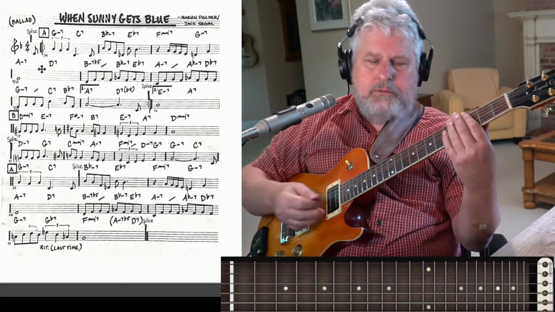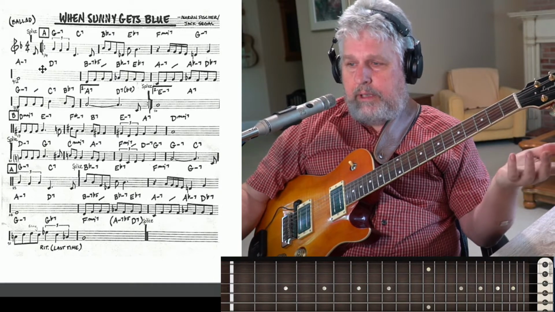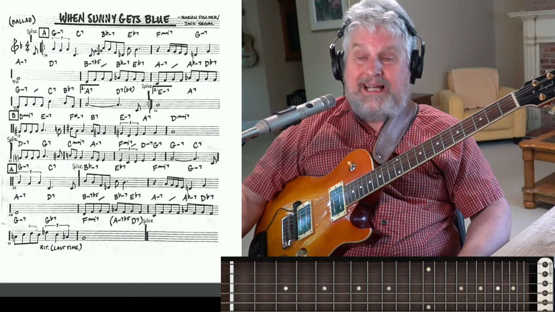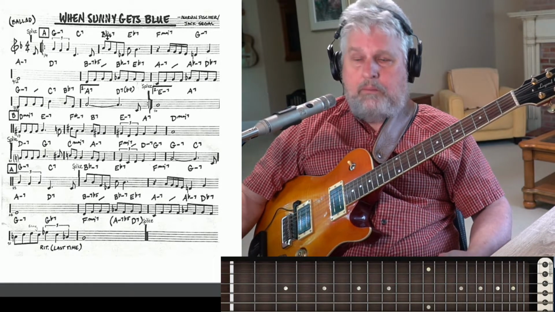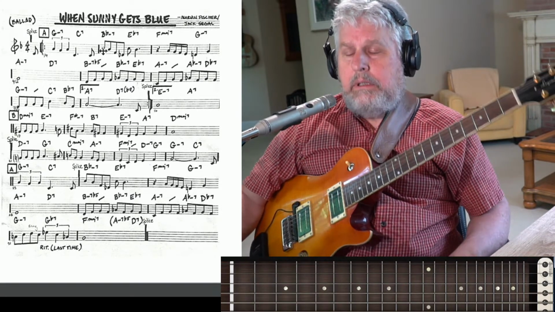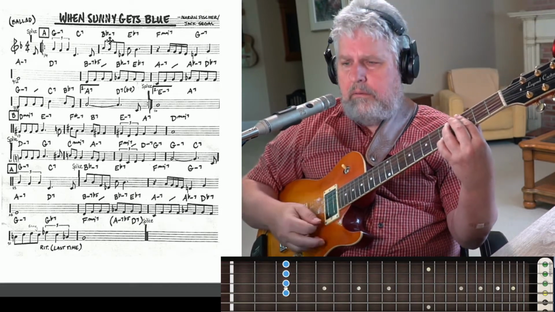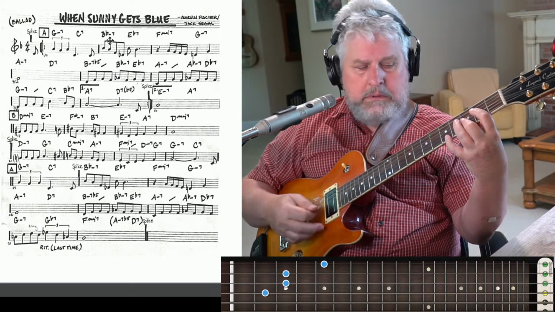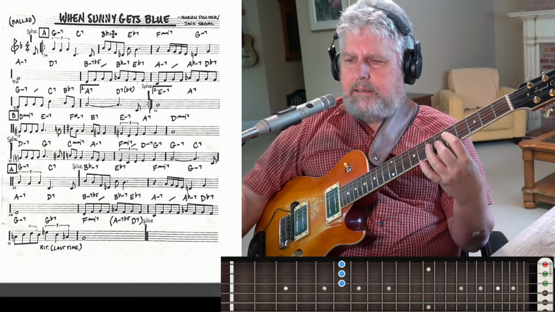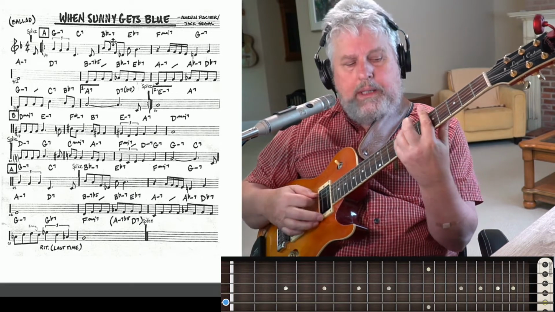So the G minor chord would be the two chord in the key of F. This is a really lovely change here. The B flat minor, that's the four minor in the key of F, borrowed, I like to say borrowed from the parallel minor. So that's going up to the four minor, and then the